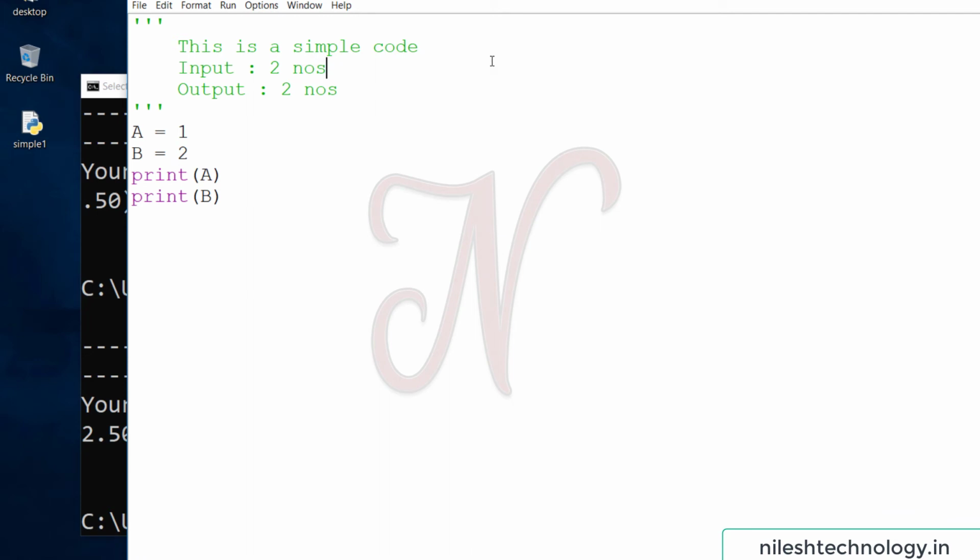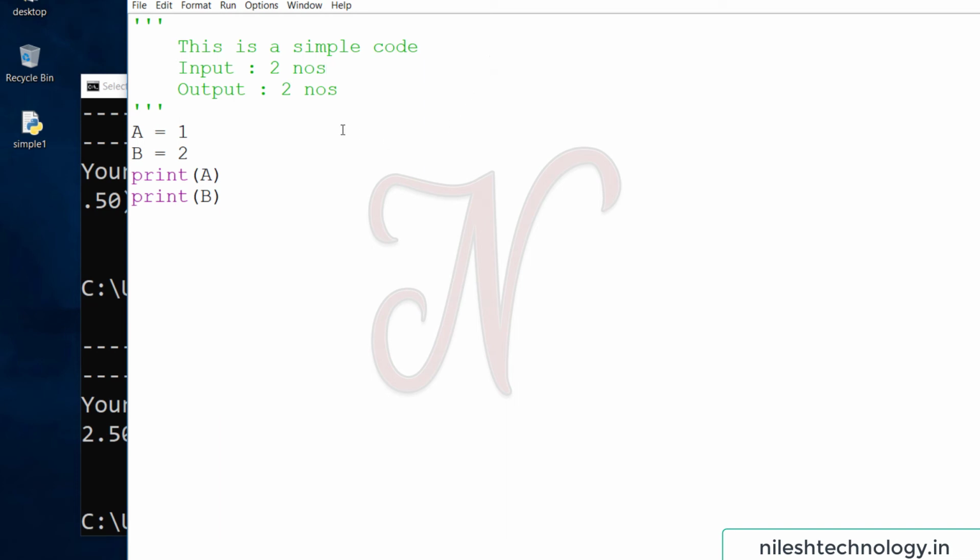So this pylint just shows you how to write your code. If it shows 10 out of 10, it means your code is well documented, your variable names are in the correct form, and your file name is in the correct form. This is the way we perform some testing.